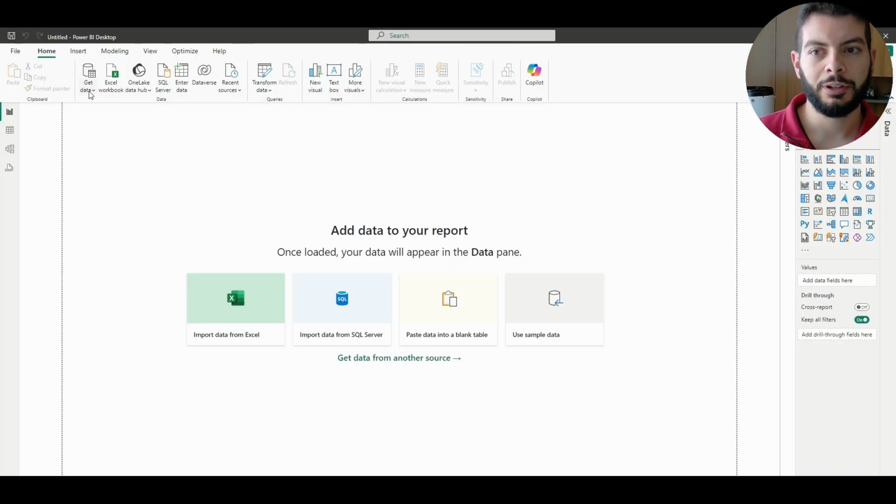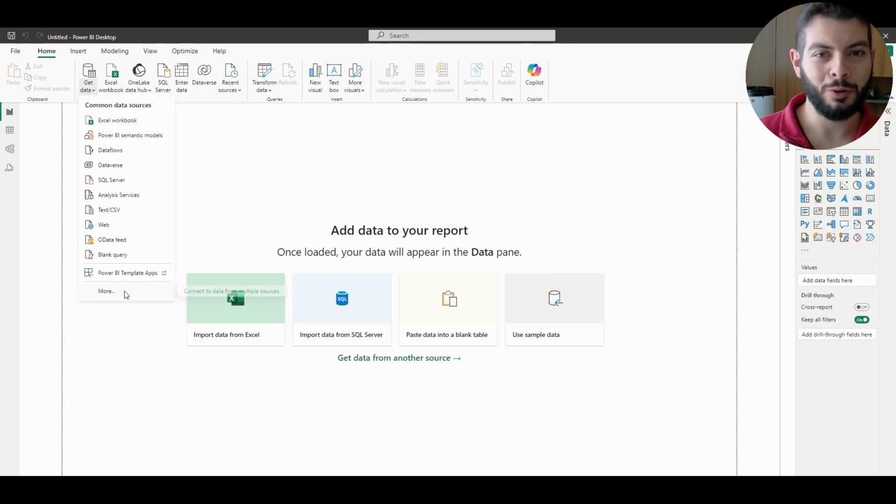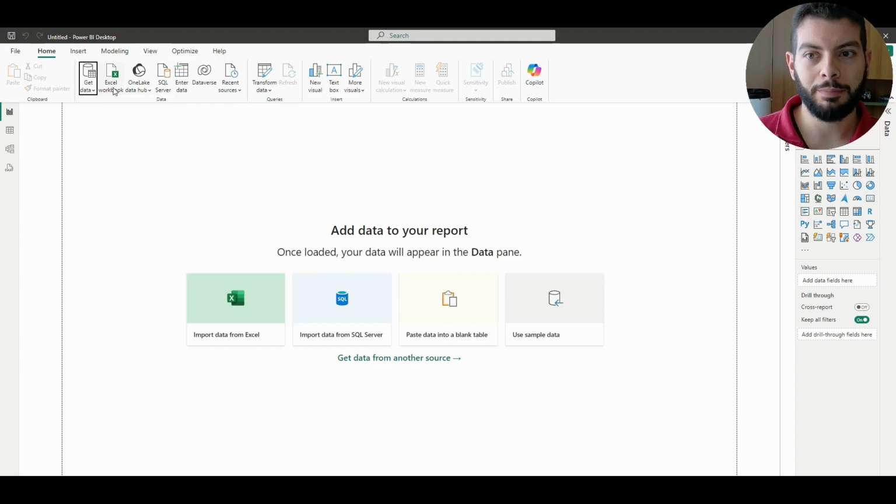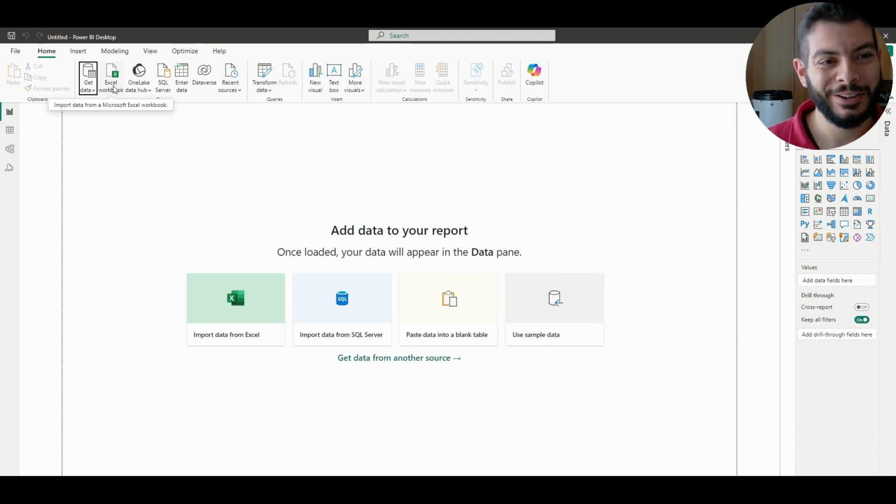Inside Power BI, if we go to get data, we see where the problems start with the free version. Something that with the ecosystem of Google you don't have, and you will understand hands-on why I prefer the solution of Google. You see, we could click Excel workbook. That is the intuitive thing everybody would do. But with this option, you get the files, not the web version. And you understand that if you select the files, you don't have an up-to-date dashboard. You have something that you have to update.